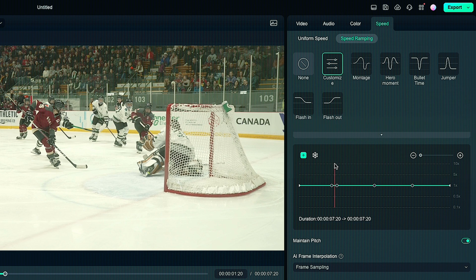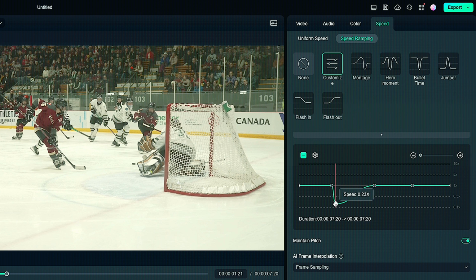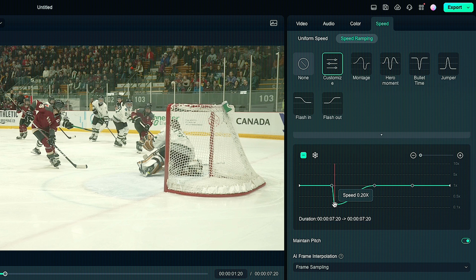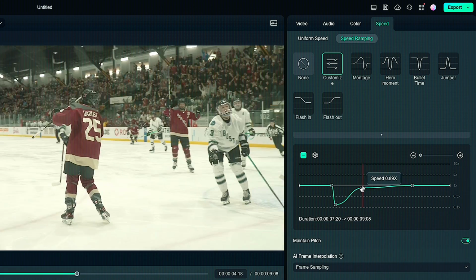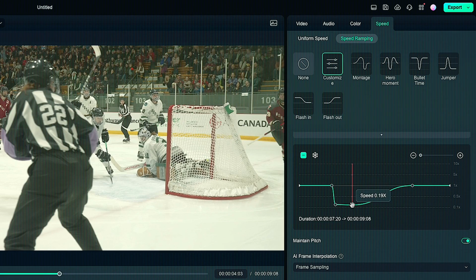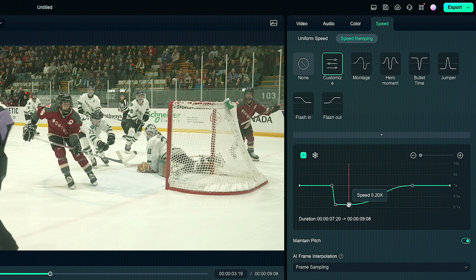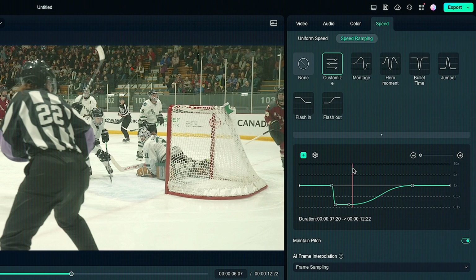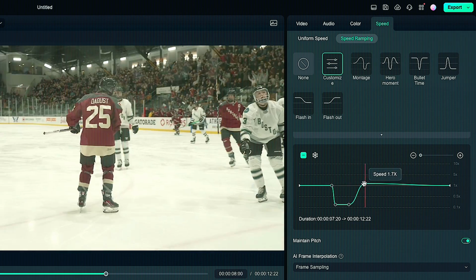So with my first keyframe, I'm going to stay at 100% speed. And then the second one, I'm going to go down to 20%. But as you can see in Filmora, it's not in percentages. Basically 1 is full speed, so 0.2 is the equivalent of 20%. So that's where I'm going. And I'm going to stay at 20% right until she basically puts her arms up after